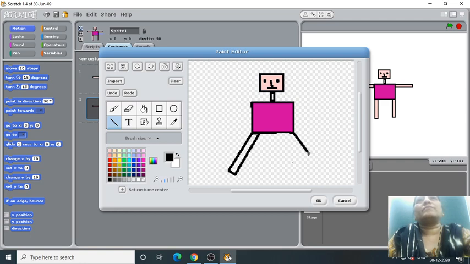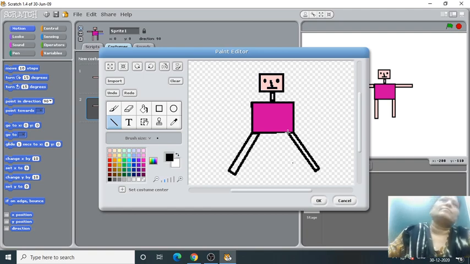Another leg the same way, taking the same length. And then I will take hands like that.